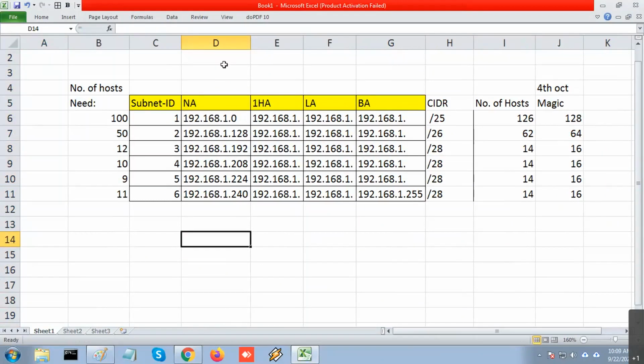Now I got the network addresses. Understand? Now using that, I'm going to use the formula. Next, network address minus 1, correct? This is based on the magic number. I got this using the magic number. And this is network address plus 1, broadcast address minus 1. This formula you know. I'll apply this.